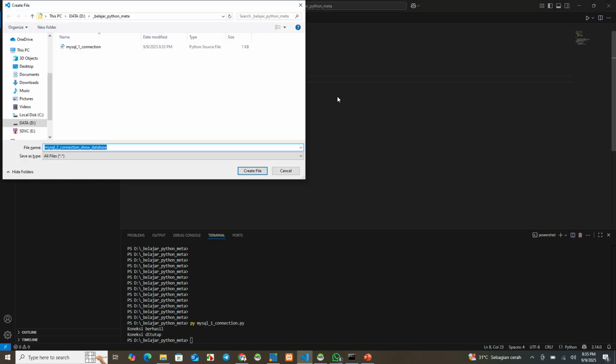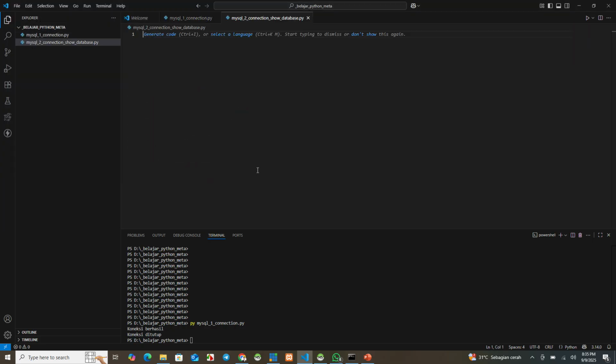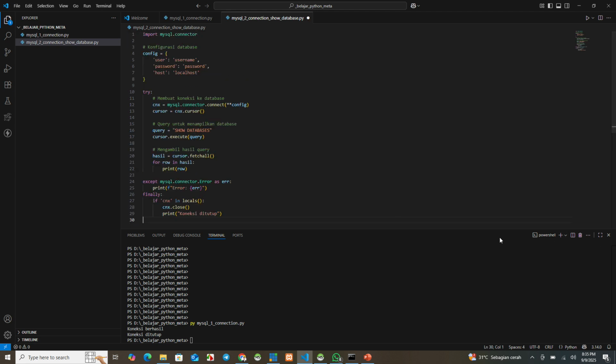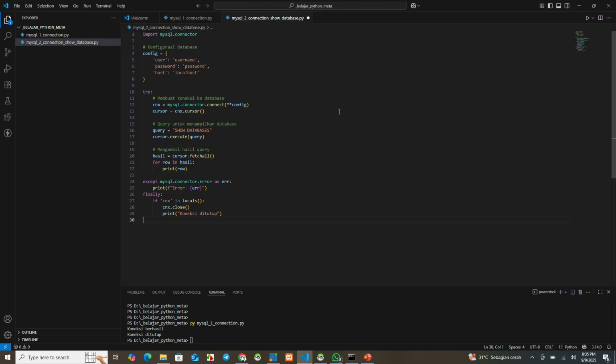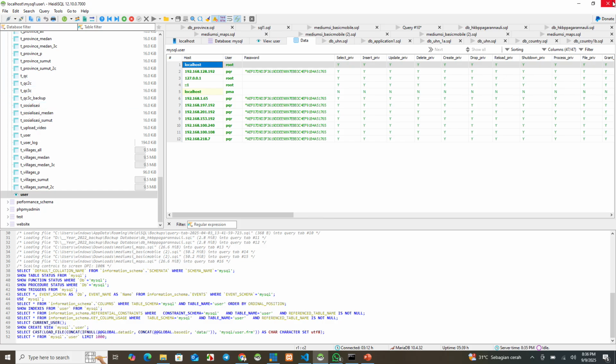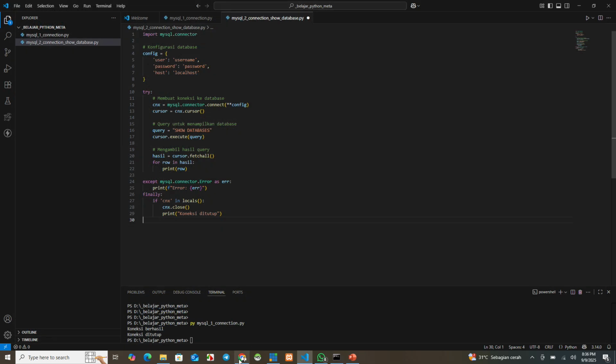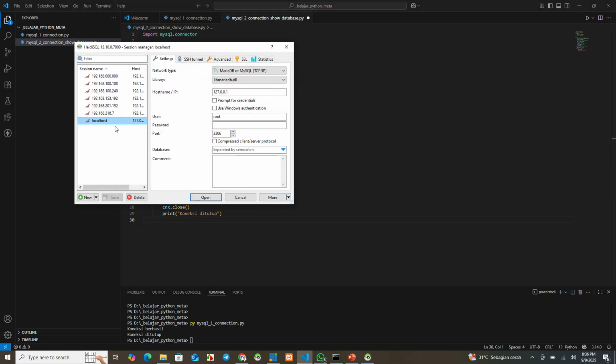Okay, make this. This is the result from AI, and then we make the username from my MySQL database. Username root, password blank, port default.